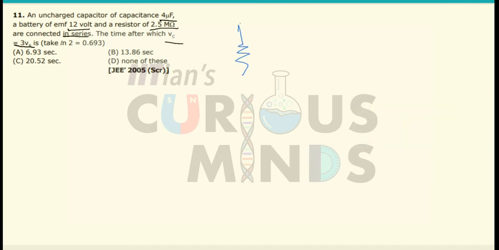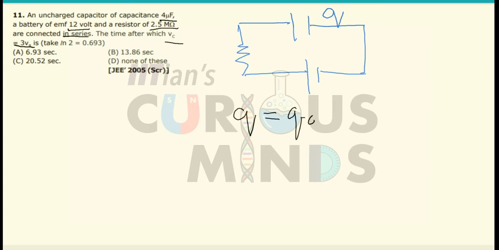circuit, there is an R and there is a C, and it is connected to a battery. So when the capacitor is getting charged, the charge on the capacitor varies with time, and the charge is given as Q is equal to Q naught into 1 minus e raised to minus t divided by tau, where tau is the time constant. Now let us see what Q naught is. Q naught is the final charge developed.